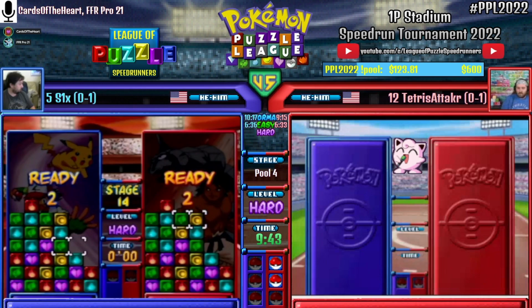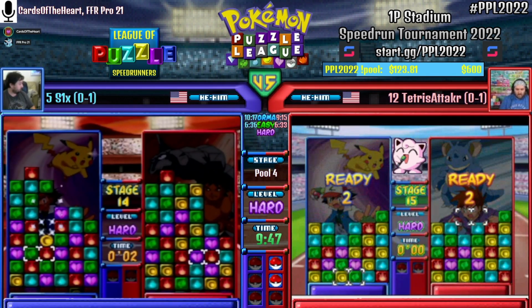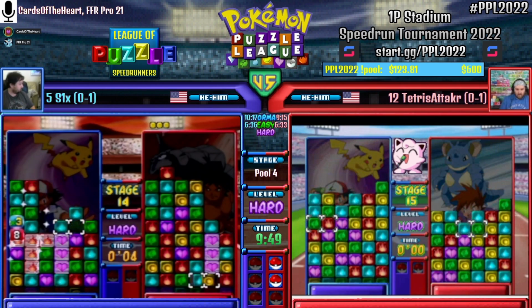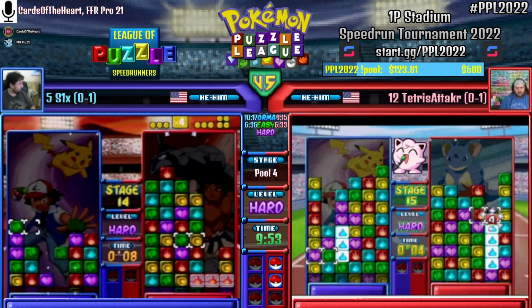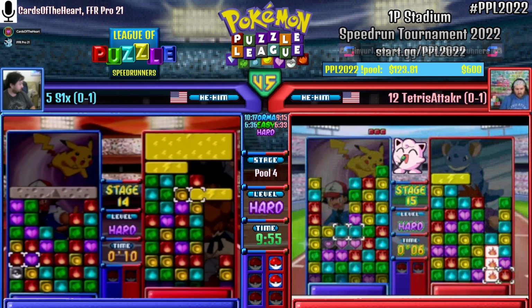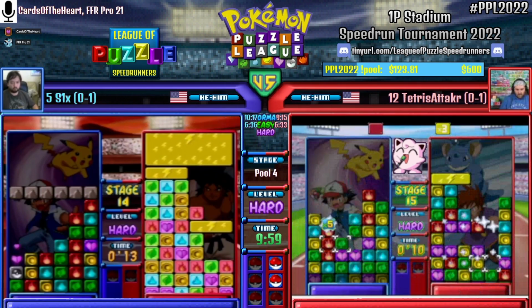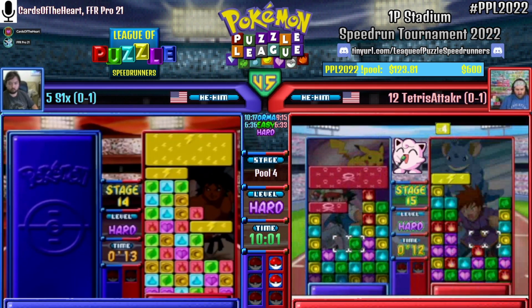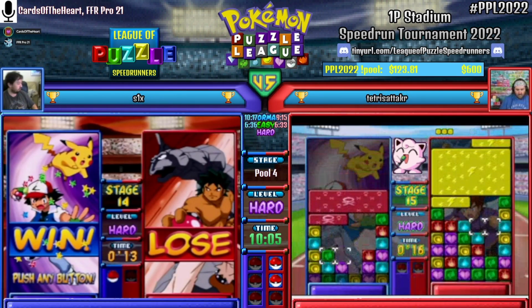Well, here we are, full stage lead for TetrisAttakr on the last stage with a chance for an undefeated record in this match, if we don't technically call it a sweep. But this will be something to think about. Oh, 6 gets a 13, Bruno. So, if TetrisAttakr slips up...